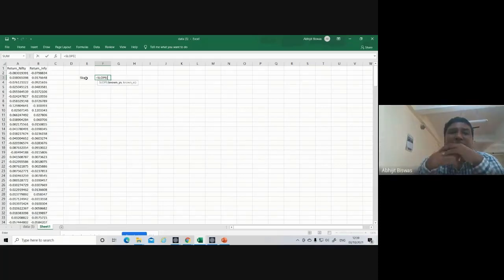Can anybody tell me? We say that Infosys movement depends on movement in the market, right? So Infosys is dependent and Nifty is independent. So Infosys will be Y and Nifty will be X.